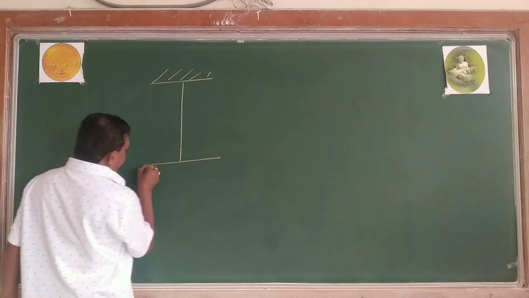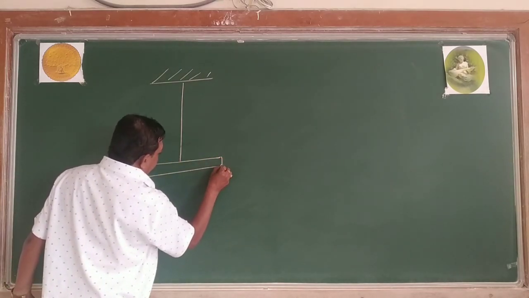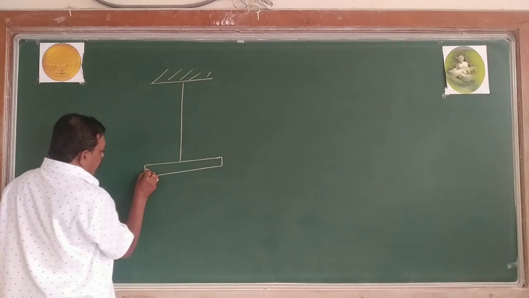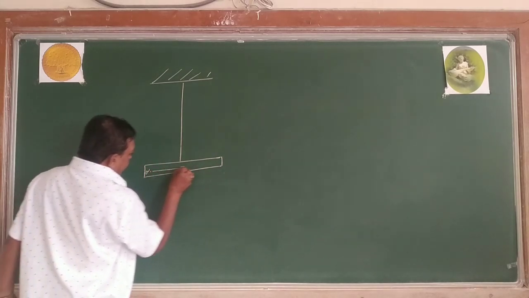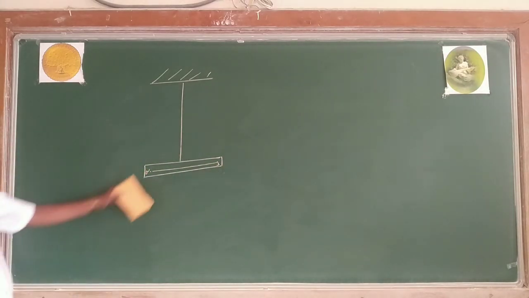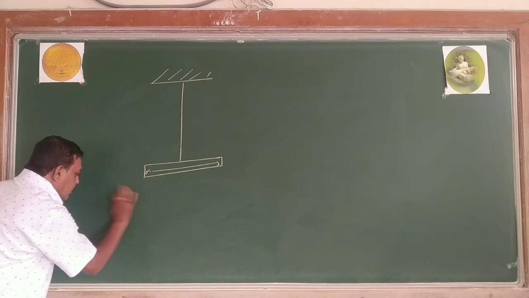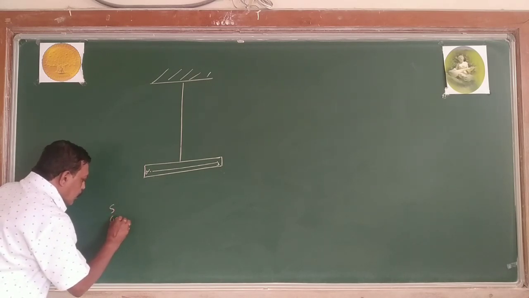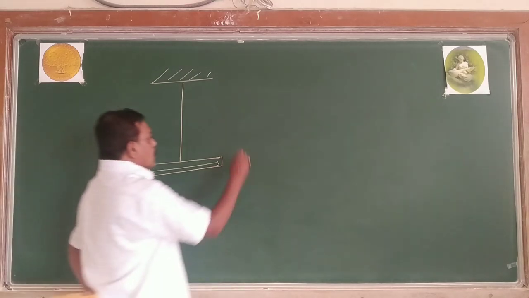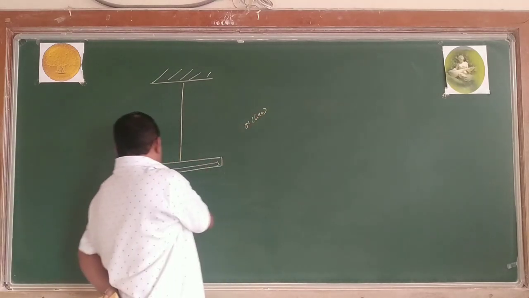Now this is a bar magnet suspended. It shows north and south. North is towards the south of what? Earth. This is the south pole, belonging to Earth, geographic south. This is the north pole, belonging to Earth, geographic north. Now these are the magnetic poles, of the suspended bar magnet.